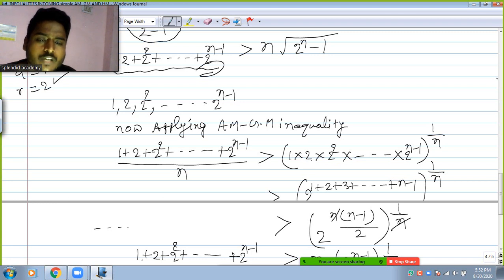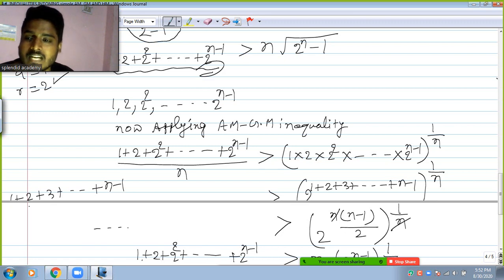Now from the exponent property, the base is the same, so the powers will be added, right? And 1 plus 2 plus 3 and so on up to n minus 1, these are n minus 1 numbers, and from the sum of n terms